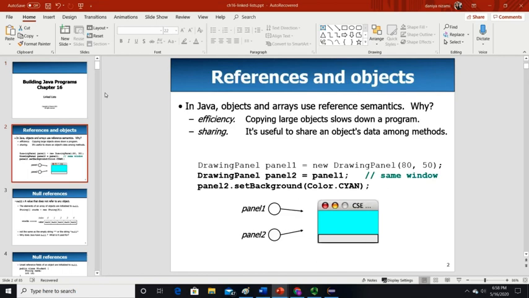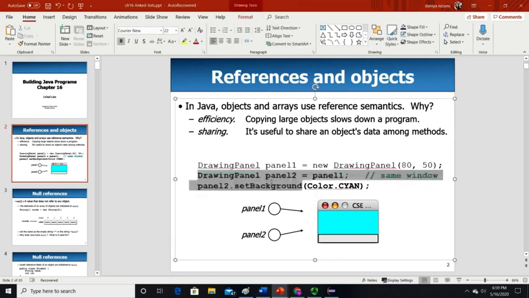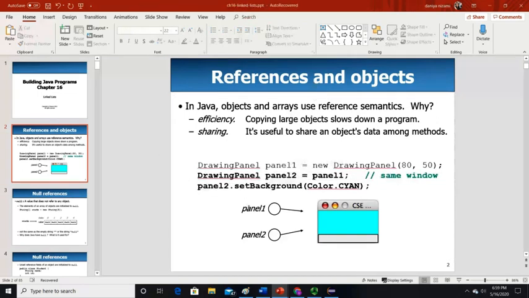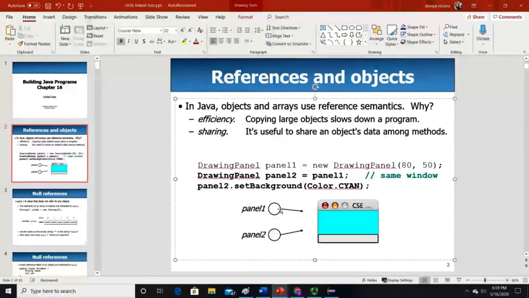Okay, so first of all, we have seen a major category of list. You have already seen array list, so the next one is linked list. When you are working with objects, as in this example, DrawingPanel is also a class in Java for graphics objects. When you create one object and assign some value, then create another object with panel2 and say panel2 equals panel1, both of the panels are pointing at the same object, the same thing you created.